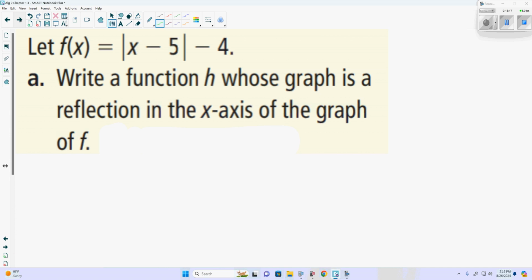Let's look at, so how do we feel about reflections? Pretty good? At least see 2 more, and then we'll move on. Let's look at this one here. f of x equals the absolute value of x minus 5 minus 4. We want to write a function h whose graph is a reflection in the x-axis of the graph of f. So, h of x equals